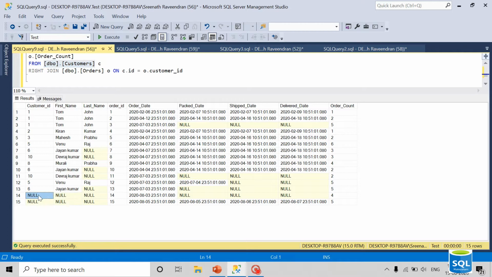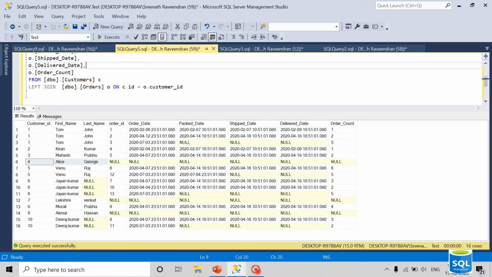The corresponding columns from the customer table will have a null value. So this is the right join. Right join means it will select all the records from the right table and the corresponding matching records. If there is a matching record, then those column values will be selected, and if there is no match, null will be returned.